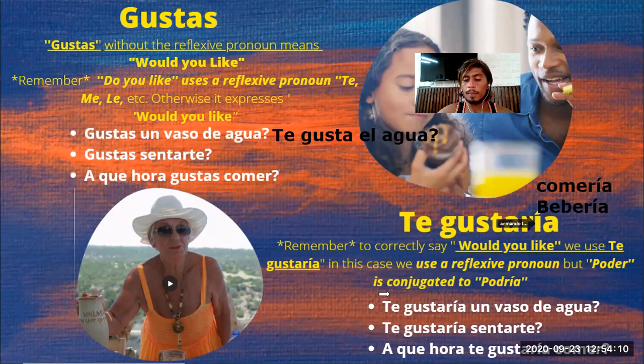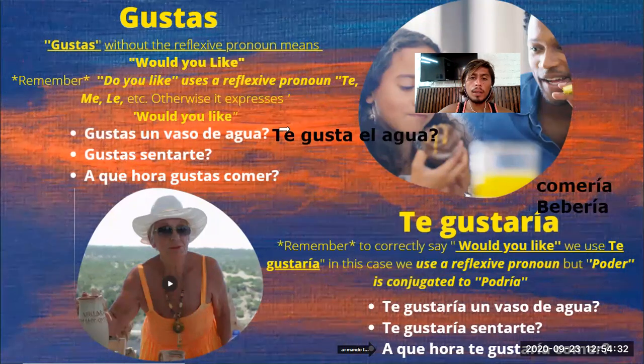So you could just say, ¿te gustaría un vaso de agua? Would you like a cup of water? ¿Gustas un vaso de agua? It's the same thing. But te gusta changes, right? Te gusta is do you like? ¿Te gustaría sentarte? Would you like to sit down? ¿A qué hora te gustaría comer? What time would you like to eat? Try pausing the video again and read them on your own. Great. Once you've done that,